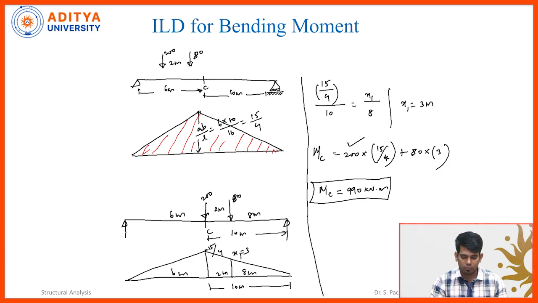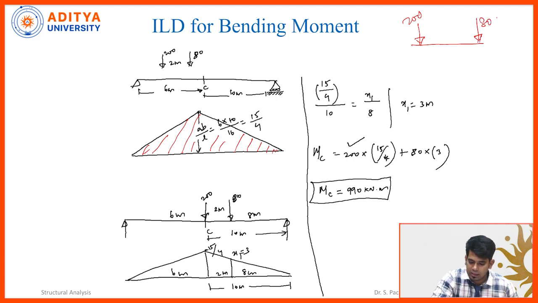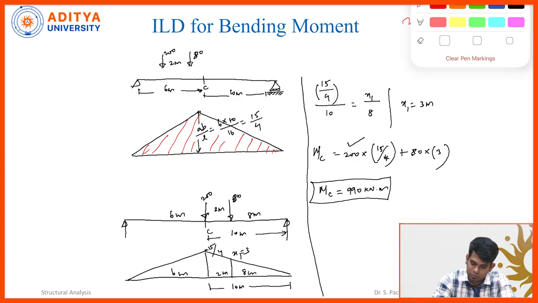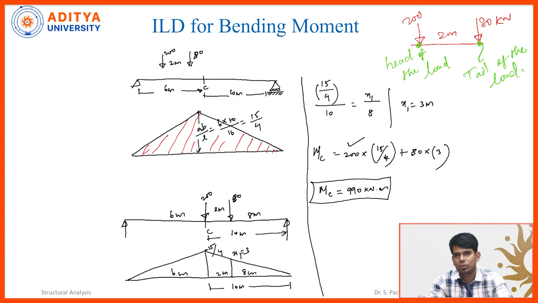So what we have to do, let's say I am drawing these loads here. We have 200 kilonewton and then 80 kilonewton, and in between we have 2 meters distance. You see, this is called the head of the load and this point is called the tail of the load. It's very simple. First, I am going to keep the head of the load at my C section, at point C,